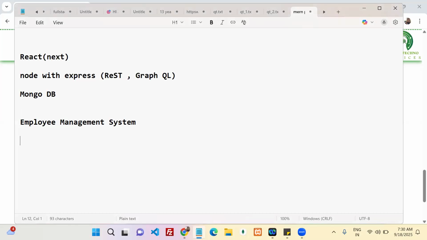At the time of document preparation, how many roles? Just think you are an employee. How does your organization maintain your details and everything? Let me know how many roles maximum are required. Just think you are developing one product. This employee management system is a product.